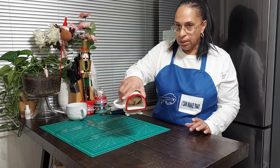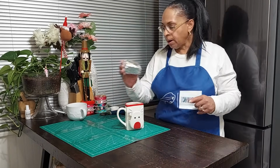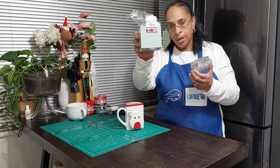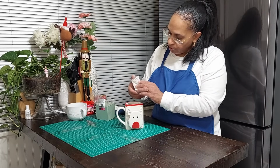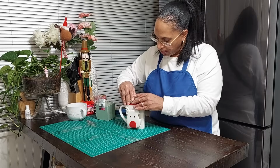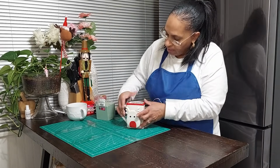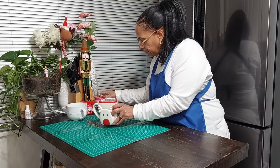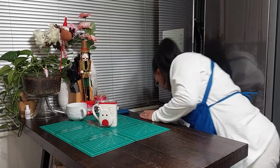So I went in and I stuffed this mug with construction paper. I took a piece of foam board, cut it, and wrapped it in aluminum foil. And I'm going to take this, try to get it down in here. So now I got it down in there. Now I'm going to go in and start making what I would call a